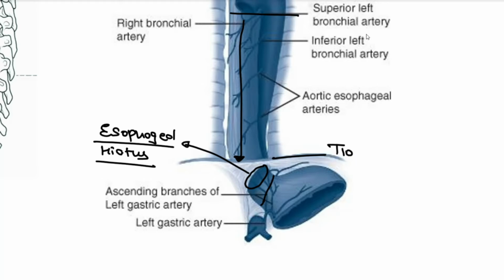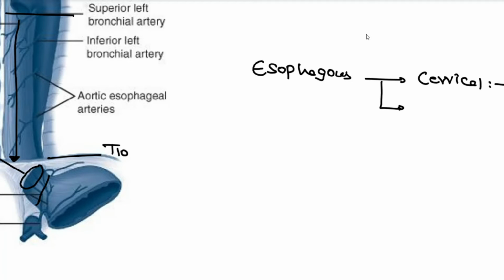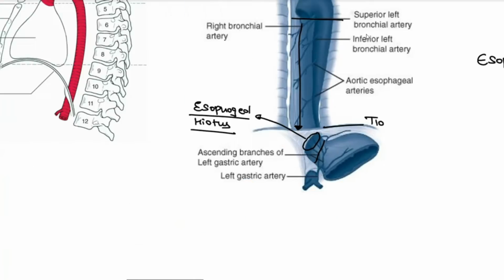So, the esophagus, we can classify it into three groups. The first one being the cervical from C6 up till C7. Then we have the thoracic part, which is extending all the way from T1 up till T10. And then we have the abdominal part of the esophagus, which is extending from the T10 up till the cardiac part of the stomach. So it is somewhere around T11 or T12 vertebral level.